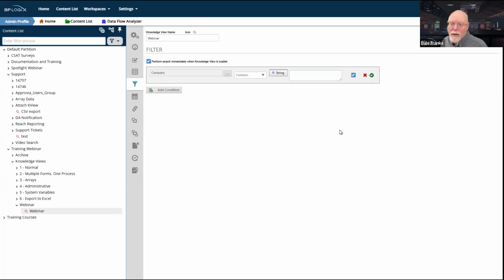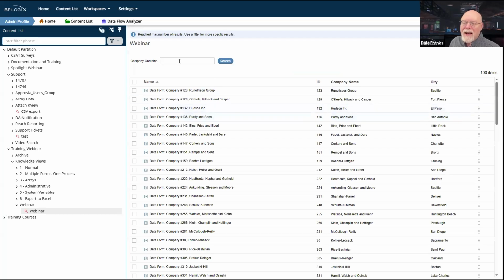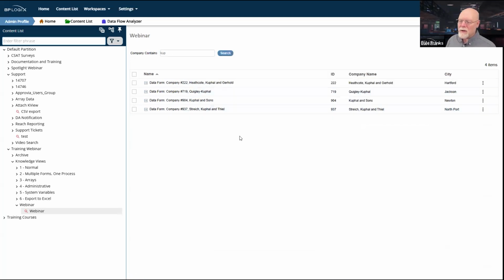It is going to impose whatever I put here on the beginning whenever the knowledge view runs, but I can leave it blank and it'll return everything. And now that I've checked that prompt user, the user can search for what they want. So let's look for KUP since I see a name that contains those letters, and I search for it.